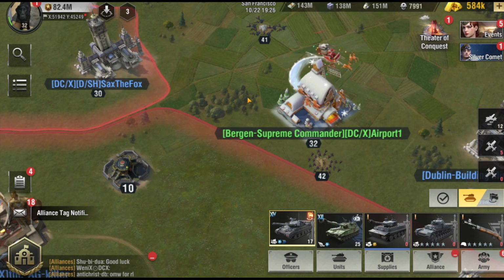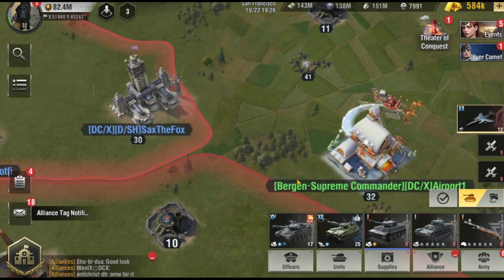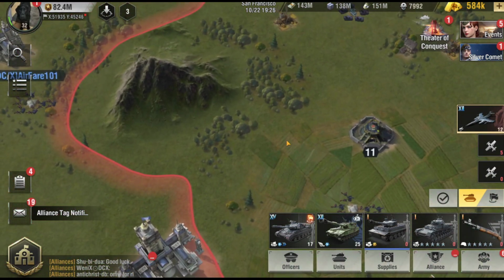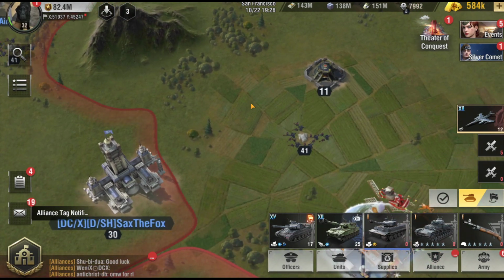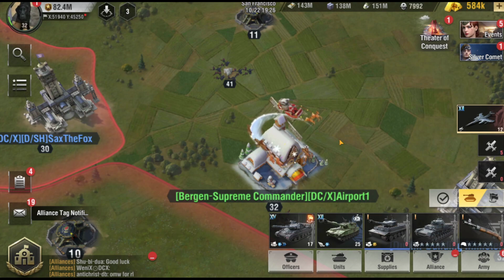Really, I find with my bomber, it's about 10 mil, that I can kill about half a modern light tank unit in one run without these officers. But with these officers, I can maybe only kill three out of the whole unit. It's ridiculous. So get these officers on your light tanks and try them out. It